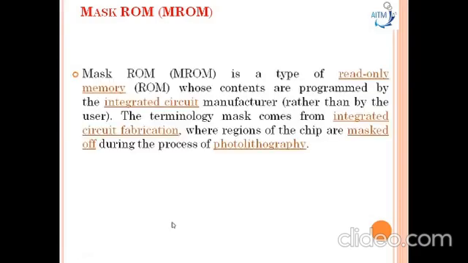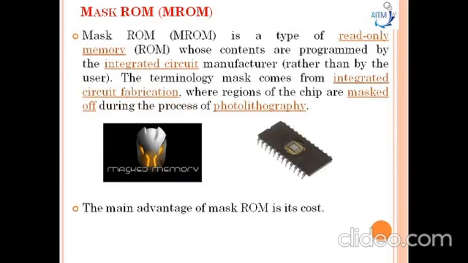Now coming to the first type of program storage memory, that is the masked ROM here. Masked ROM is a type of read-only memory whose contents are programmed by the integrated circuit manufacturer here. The manufacturers are like Texas Instruments, Intel, AMD, and another called Cyril Systems. It is a Bengaluru based chip company, which manufactures these integrated circuits here. And the contents of the masked ROM are programmed by these manufacturers here rather than by the user here.